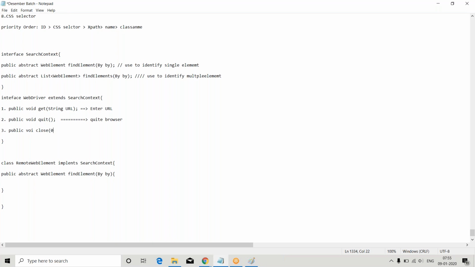This is one of the important questions, team. This method will also close the browser, but there is a slight difference here. See here, quit means you are quitting the entire browser. Close means, if you have a single window,